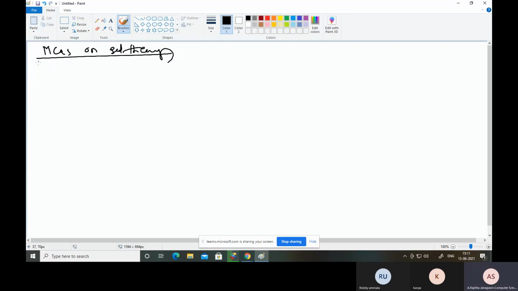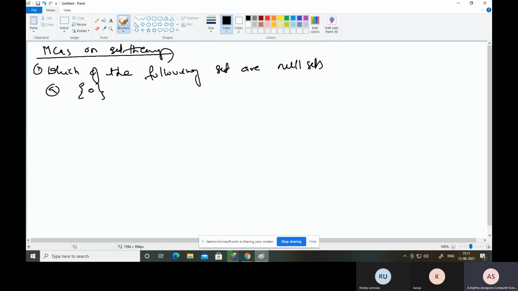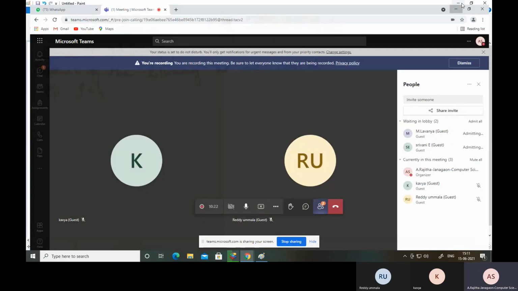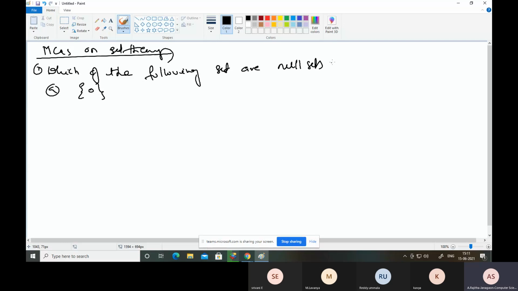Which of the following sets are null sets? So you can find out which of the following sets are null sets. So option A, option B, which of the following sets are null sets? So option A and option B and option